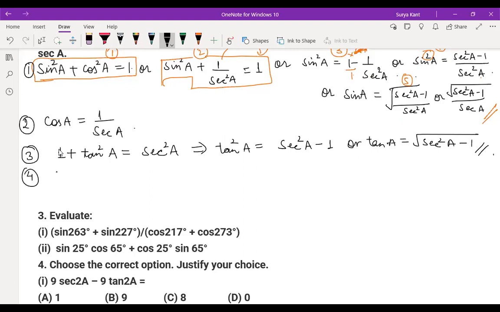That is cosec A. We have to write cosec A in form of sec A. That is very easy, children. See, sin A we found here, right? Already. We just reciprocal that part only. So what we can write for cosec A? Cosec A is 1 by sin A, equals 1 by cos A by sin A by cos A, equals sec A by tan A, equals sec A by root over of sec square A minus 1.